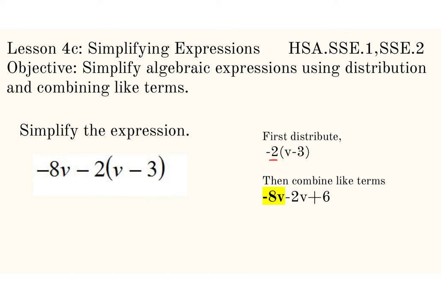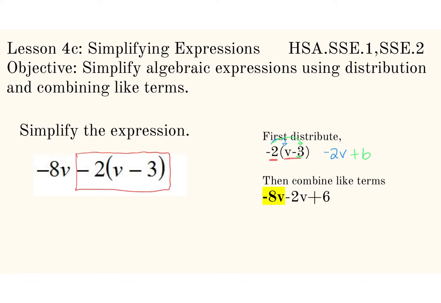have two or more terms inside the parentheses, v minus 3 in this case. So I will distribute by multiplying the negative 2 with the v and the negative 2 with the negative 3. I will kind of ignore that negative 8v until the next step. So sort of think of we're just focusing on this square first. So negative 2 times v is negative 2v. Negative 2 times negative 3, remember we have to look to the left of the number, gives me a positive